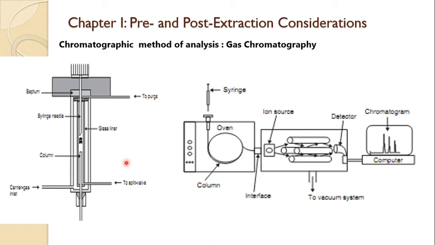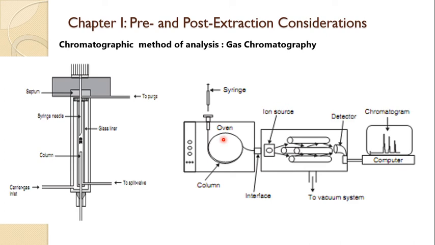In splitless injection mode, all the injected sample is transferred to the column, whereas in the split mode only a portion of the sample is passed through the column. Splitless means if you inject 1 microliter of sample, all of it comes towards the column and gets analyzed. In the split mode, only some part of that 1 microliter sample gets analyzed.